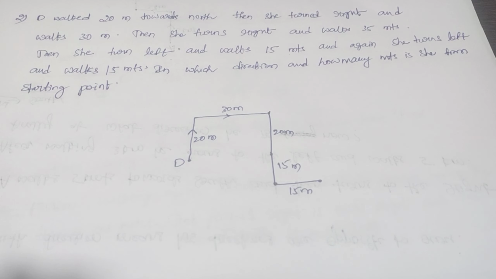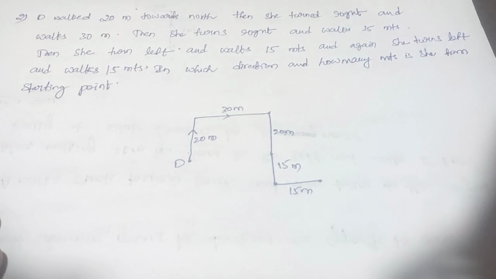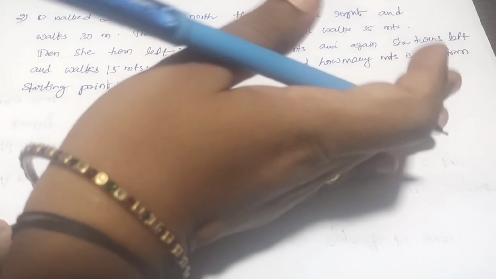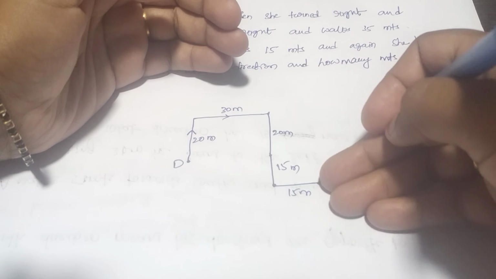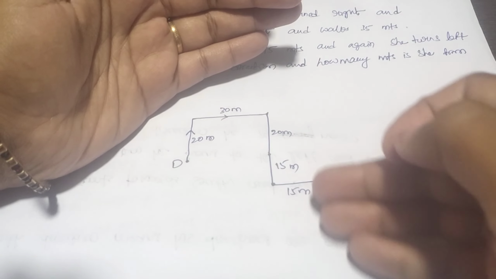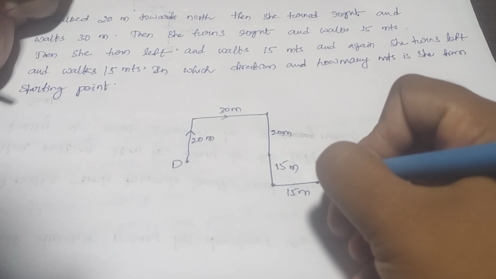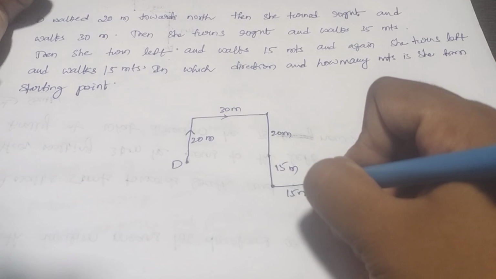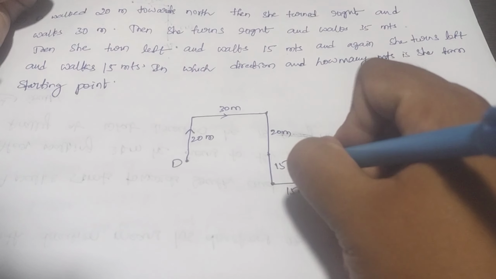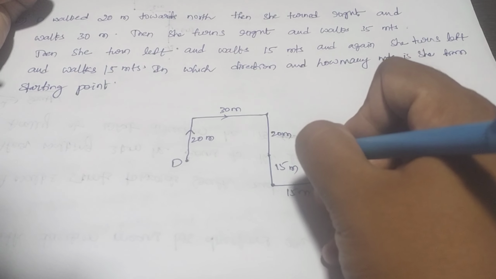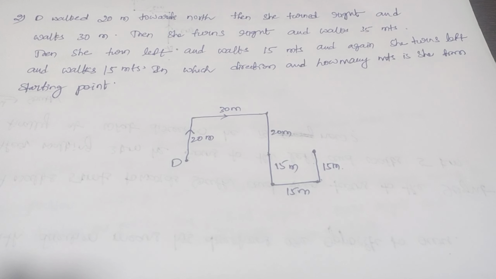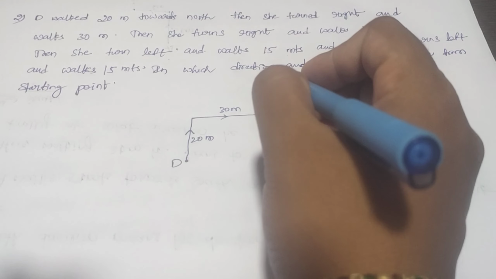Okay. And again she turns left and walks 15 meters. Now she is facing this side. Left means upward and right means downward, right? She is facing this side. Left means upward and right means downward, right? Now again she turns left and walks 15 meters up to here. Okay. This is the question, and what we have to solve is in which direction and how